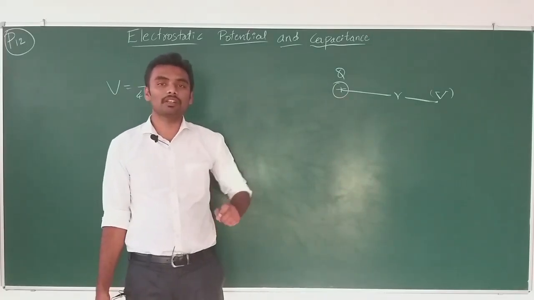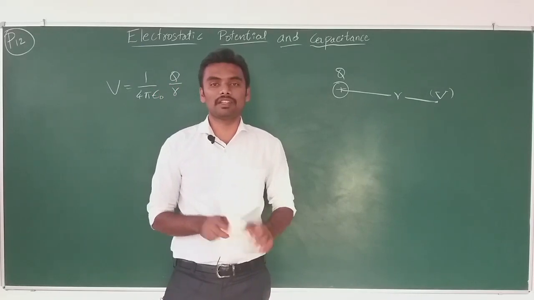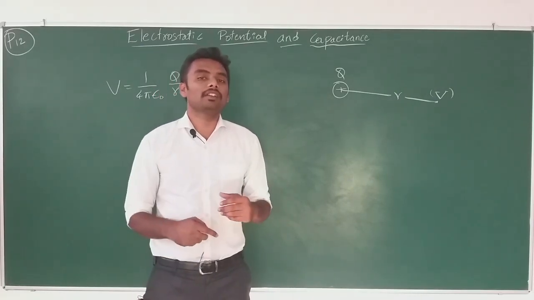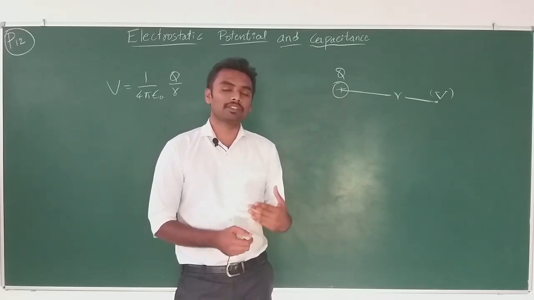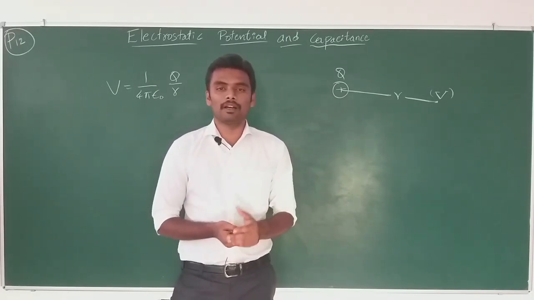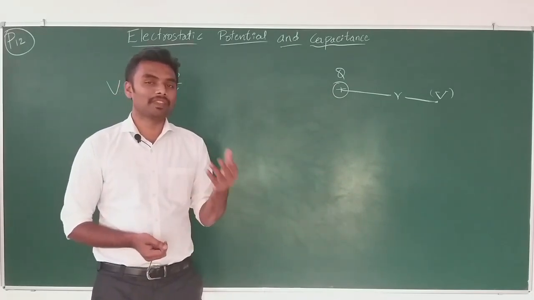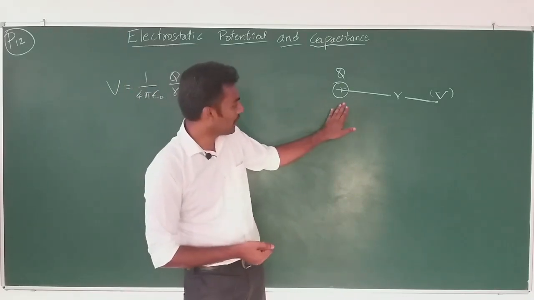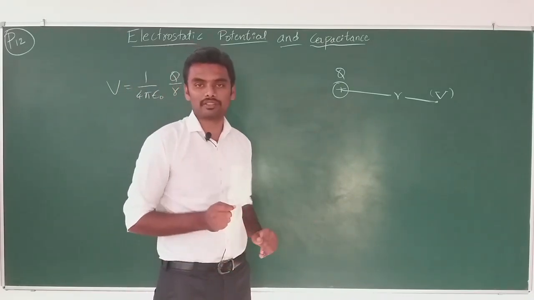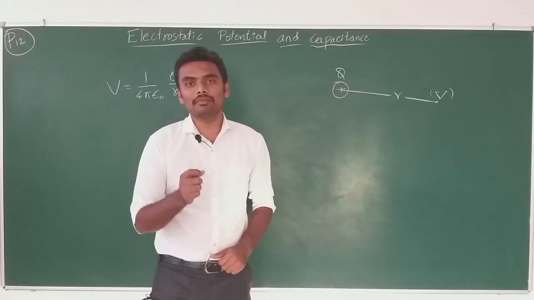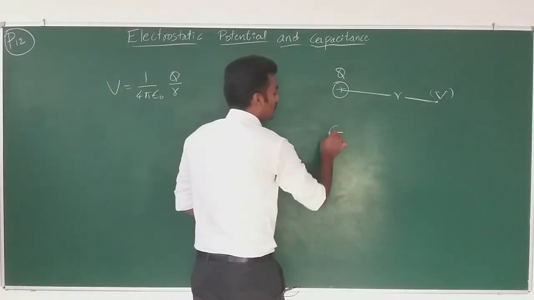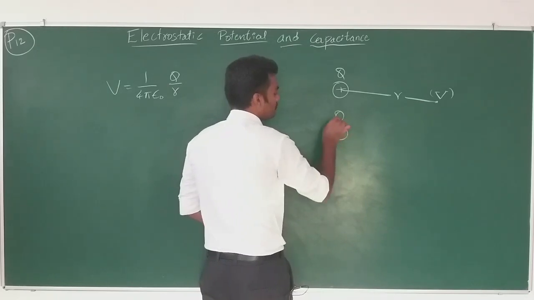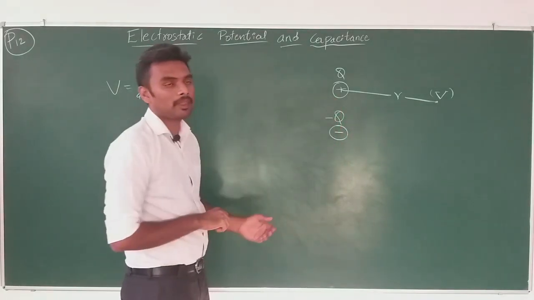So, this is when we have a single charge in the system, and if we have more than one charge, or before going to the system of two charges, what if we have a negative charge? Because what we have now is a positive charge, right? And what if we have a negative charge? Say this is the negative charge, minus Q, okay?